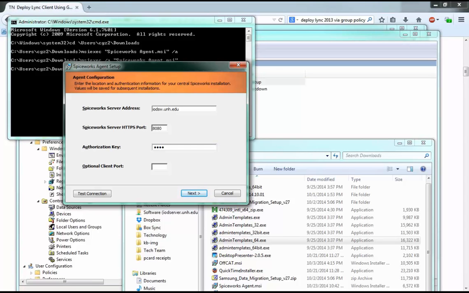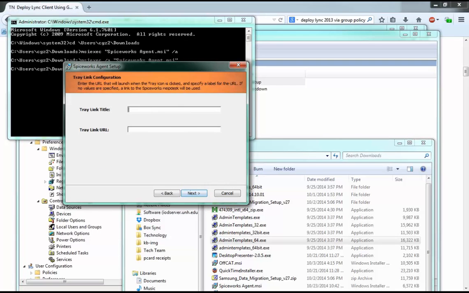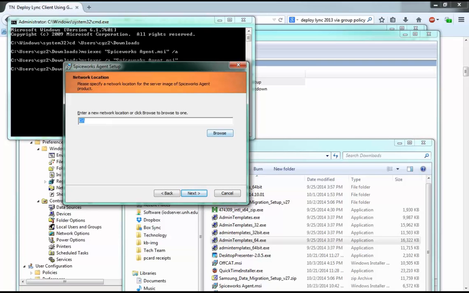Test, whatever. And then basically where it says enter a new network location, this is where you want to install it, on a network share somewhere. So you put in like IOD FS1 / whatever your server is, and then it will go through and actually create all of those installation files and put them in a folder that's required. So here I can actually, let's do it on IOD server software /